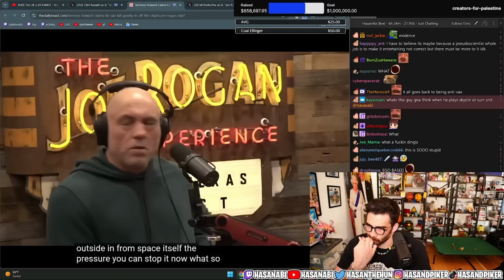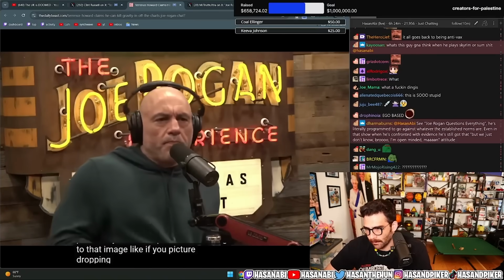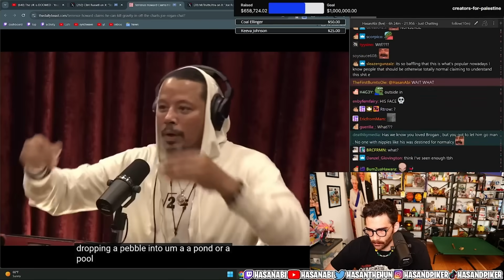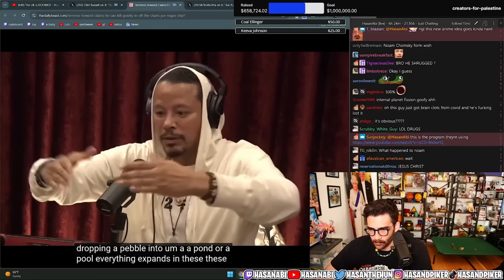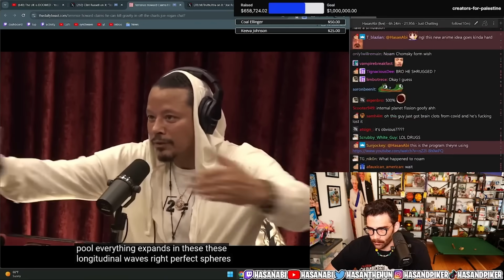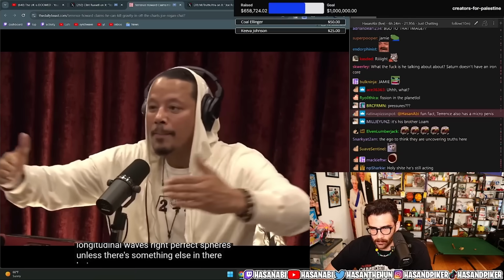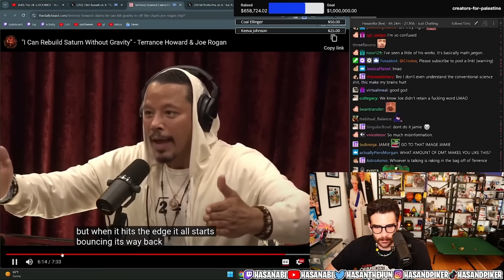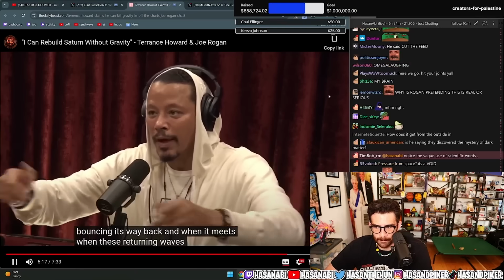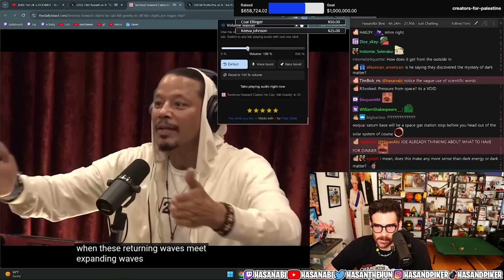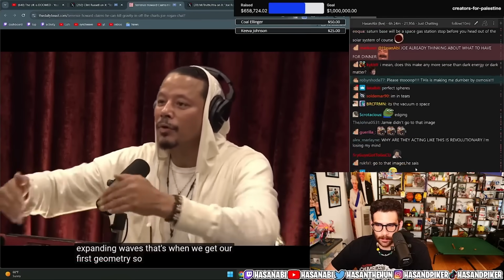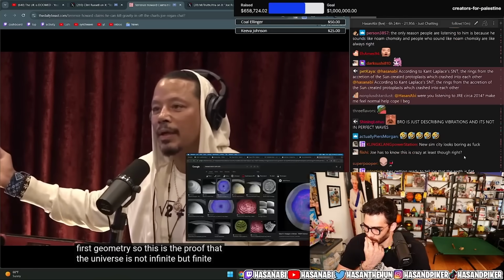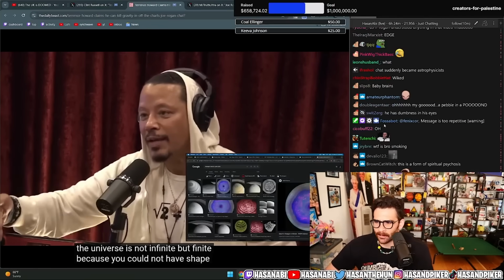If you picture dropping a pebble into a pond or a pool, everything expands in these longitudinal waves, perfect spheres, unless there's something else in there. But when it hits the edge, it all starts bouncing its way back. And when these returning waves meet expanding waves, that's when we get our first geometry. So this is the proof that the universe is not infinite, but finite. Because you could not have shape with